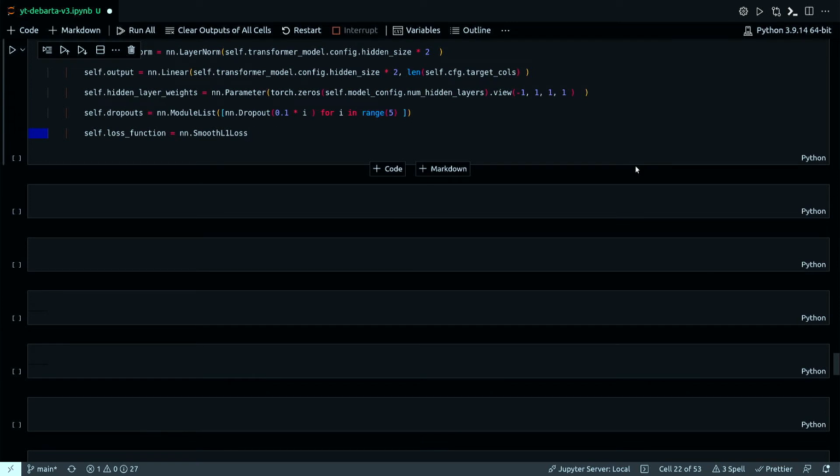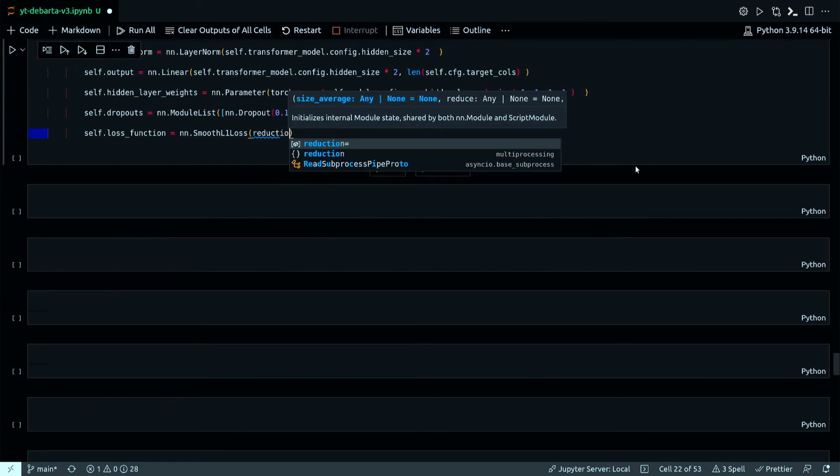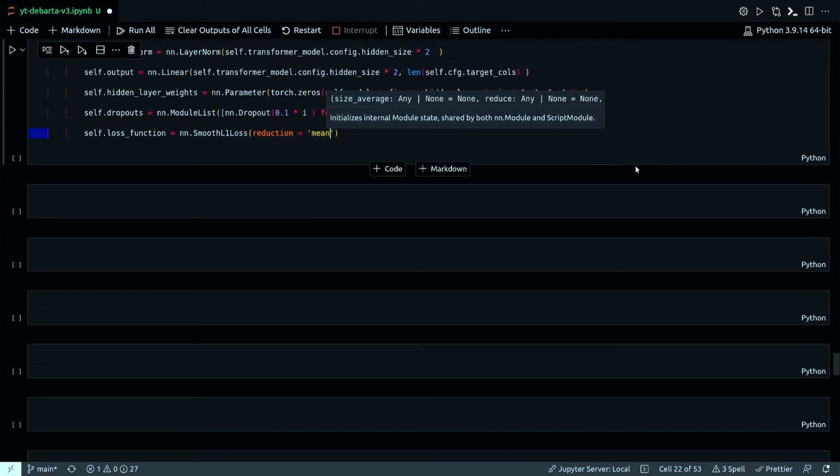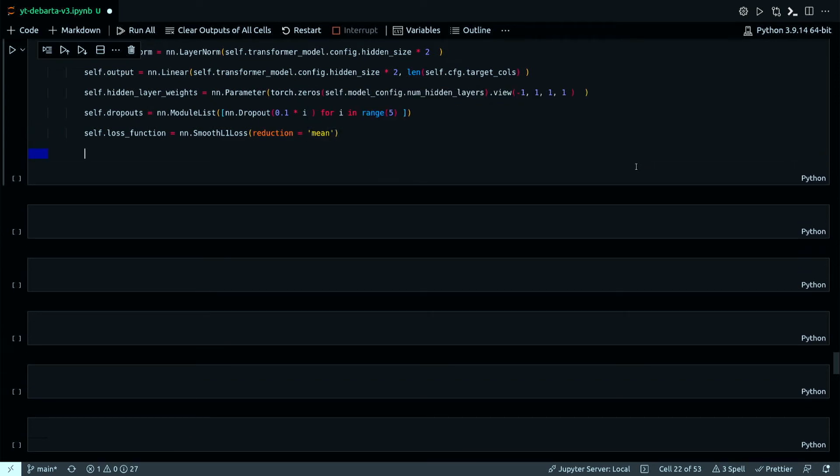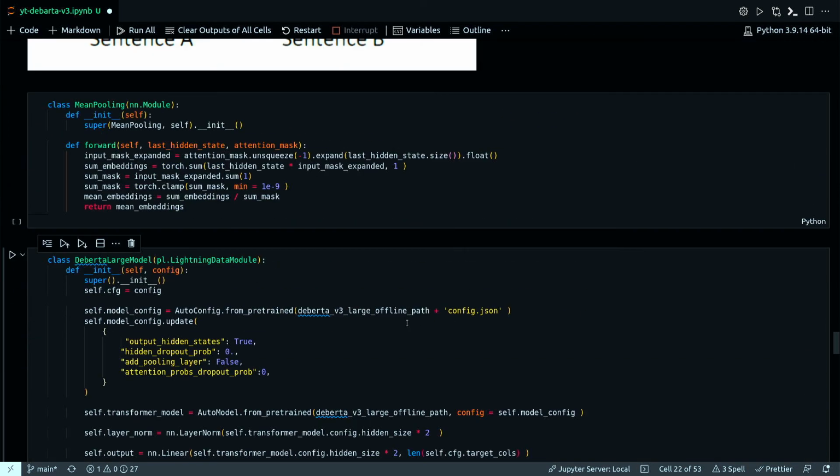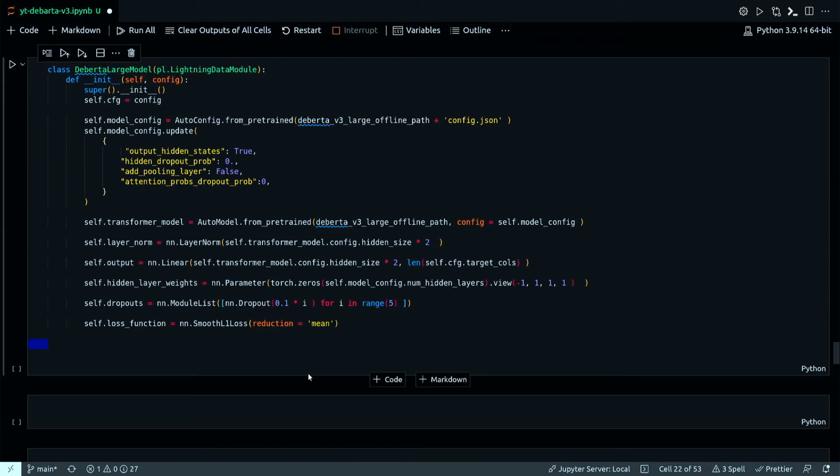Smooth L1 loss is what I'm using. Reduction method. Alright, with that, this initializer constructor function is done. Next, I need to define the all-important forward method.